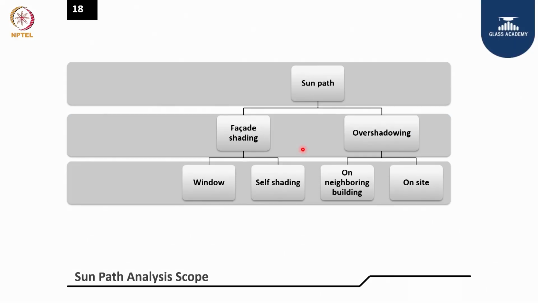Sun path, yes, it is very vital for a building. When you have a mass development like a campus or a city, the sun path analysis is required to talk about facade and shading, how much overhanging is required, what kind of windows, how much self shading there is, how you can see the building impact from the neighboring building, how the shading is having impact, and at site, how the overshadow effect is happening on these individual buildings.